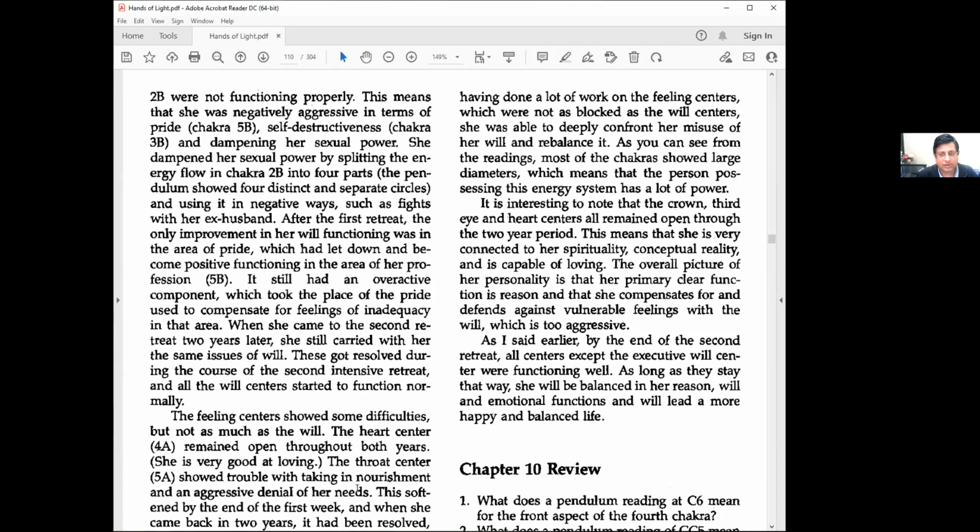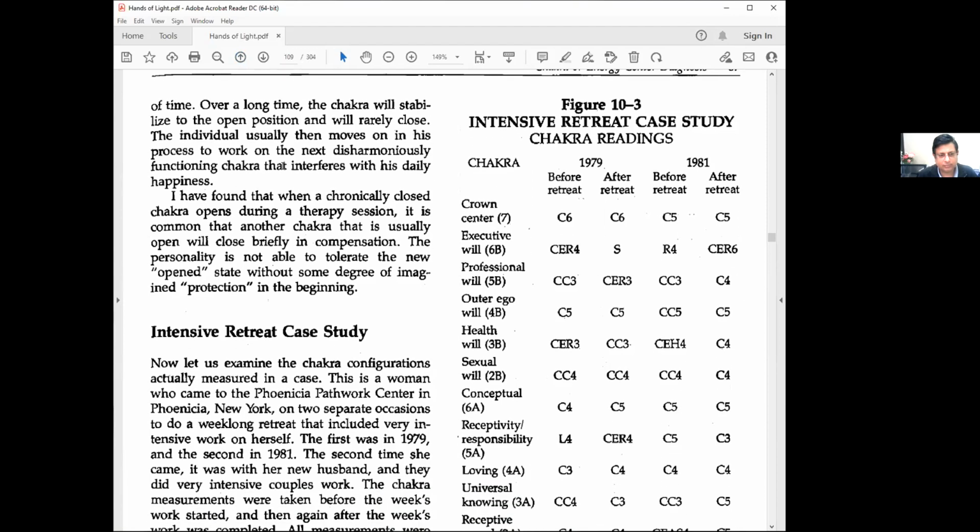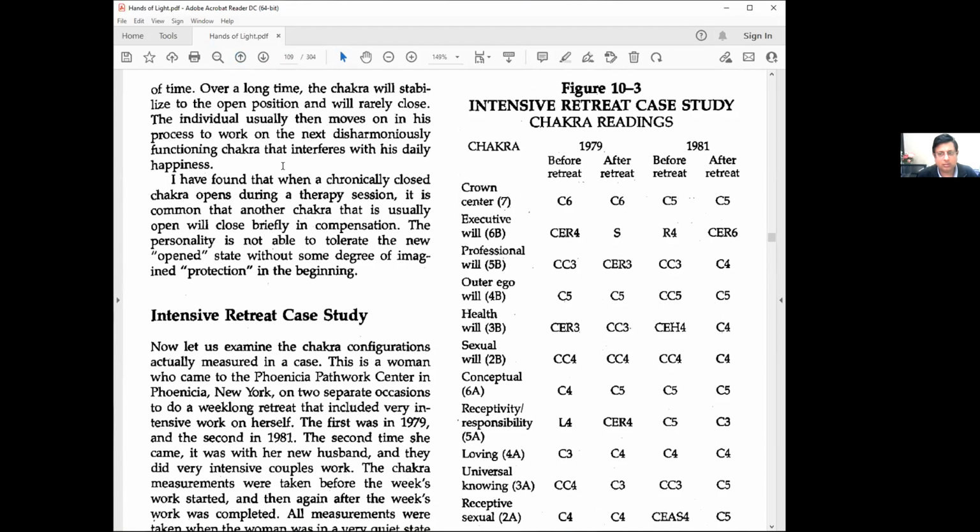Shimangla, just 1 second. Go back to the chart. So what they're talking about here is that chakra 5B, that is the professional will, was anti-clockwise. Chakra 2B was anti-clockwise, right? And chakra 3B was ecliptic, right? So all these are not functioning properly, the 3 of them. These are all related to will centers, and they are saying chakra 5B is related to self-destruction. Chakra 3B is related to sexual dampening, and chakra 2B is,